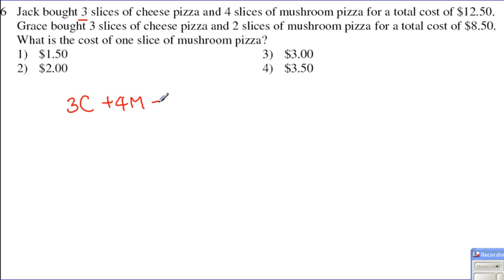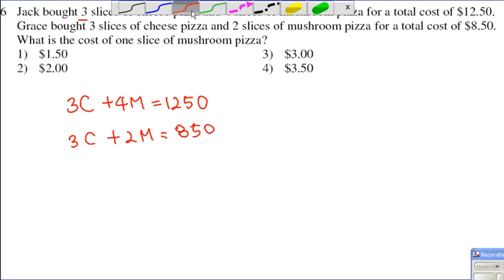Now for the total, 1250. So I'm just gonna write down 1250. Since we wrote it in this way, it's gonna be in cents. So we're just gonna convert it later. Now we have 3 slices of cheese pizza in case of Grace, and then 2 slices of mushroom for 850. Now, what is the cost of the 1 slice of mushroom pizza? So we're looking for here M. That means